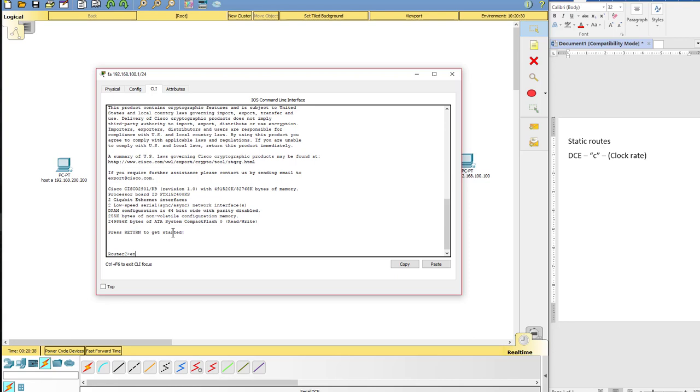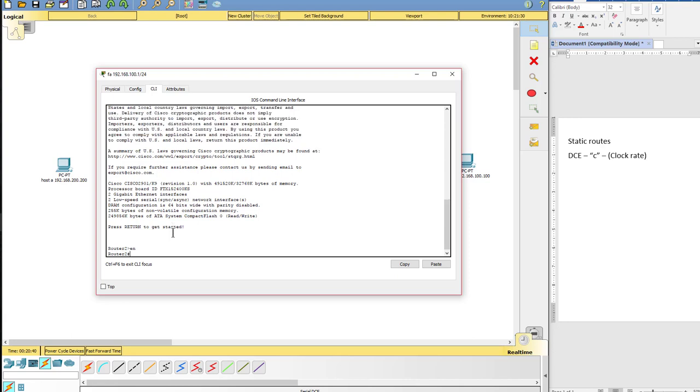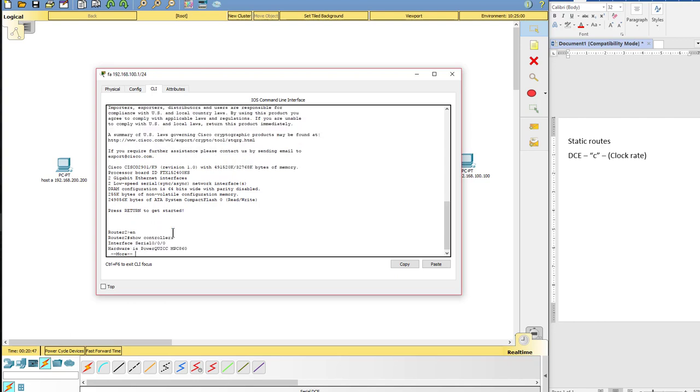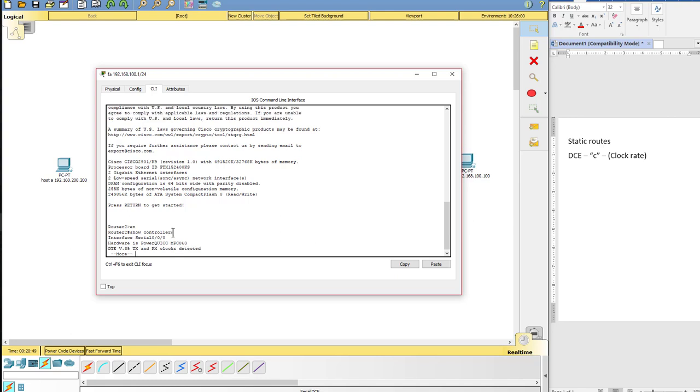go into enable mode and issue the command show controllers. And this is kind of weird, you got to press enter. Serial 0/0/0. There it is. DTE. Transfer clock TX, transfer RX, receive clocks detected. So right here, this is the DTE side, so you wouldn't issue the command clock rate